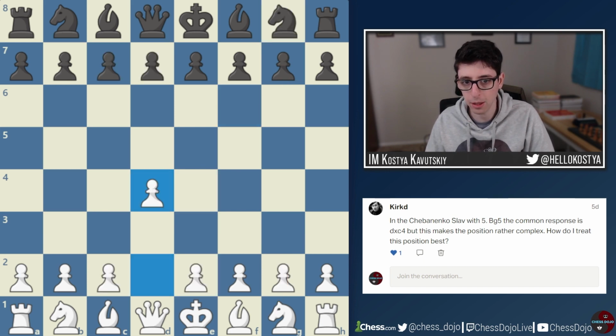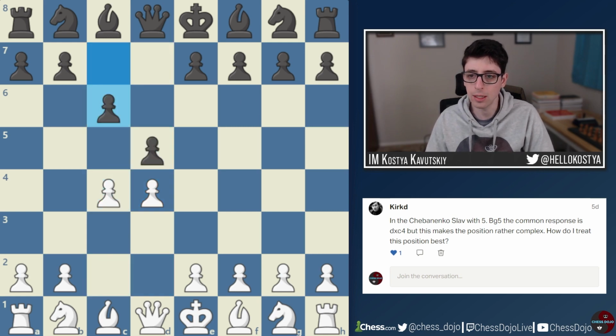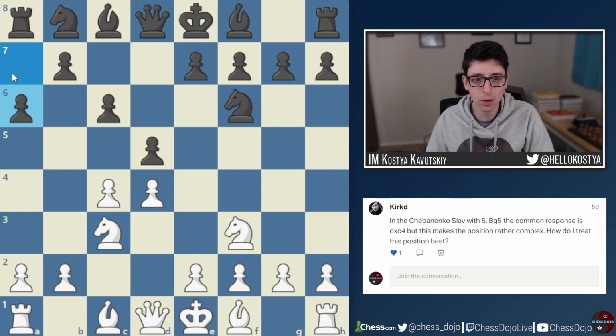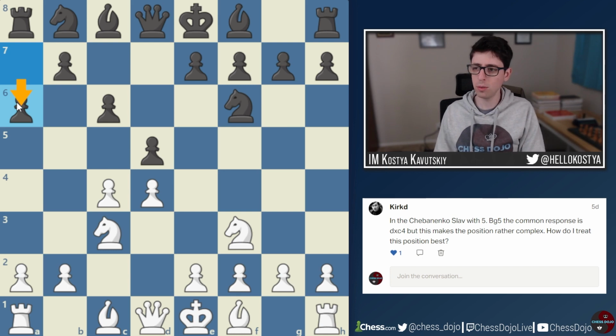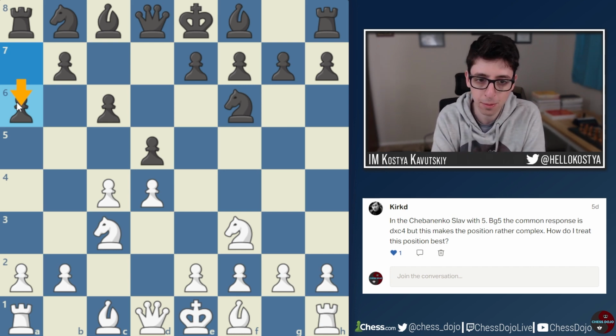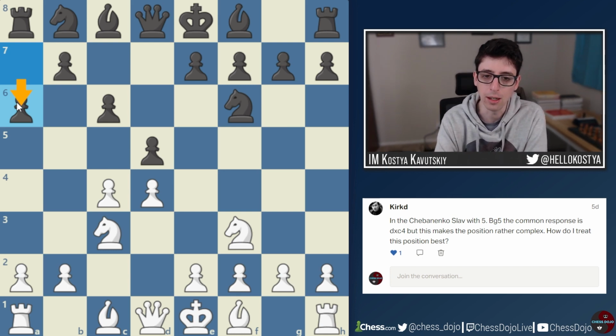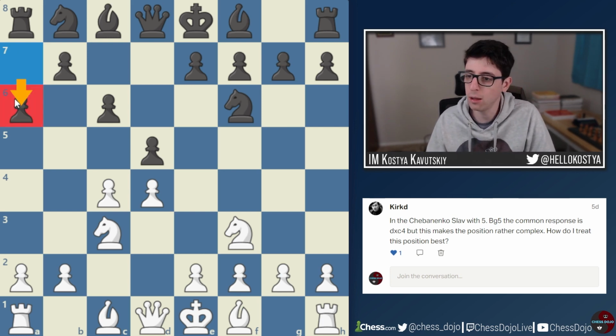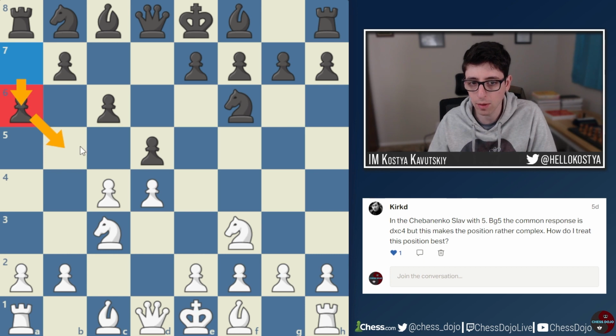Let's put the Chebanenko Slav on the board, which is d4, d5, c4, c6, knight f3, knight f6, knight c3, and now black plays a6. So this is known as the Chebanenko. It's also been referred to as the chameleon Slav because this a6 move is almost like a semi-waiting move. It really helps black's position to cover this b5 square for many reasons,